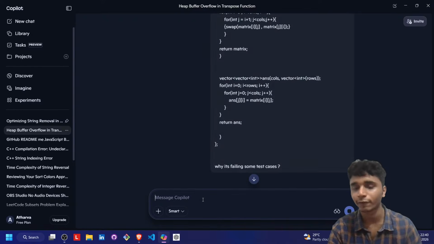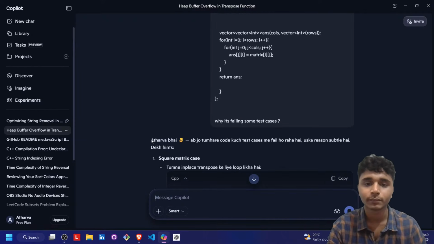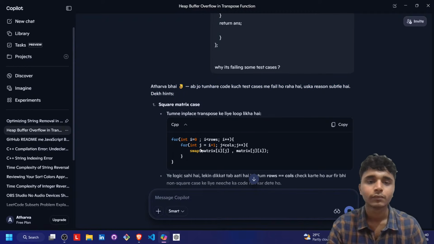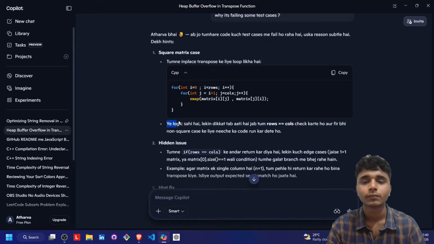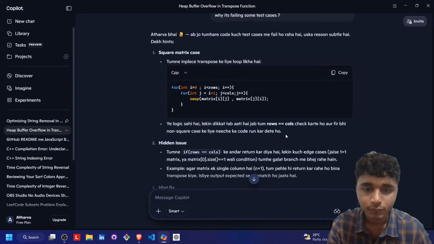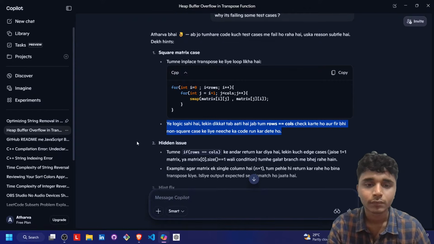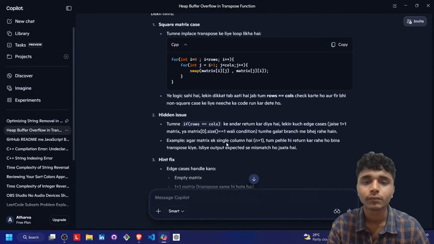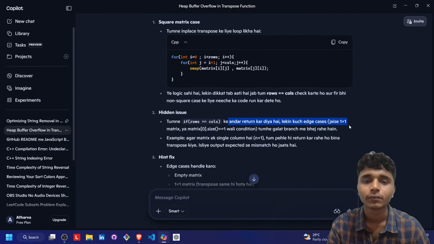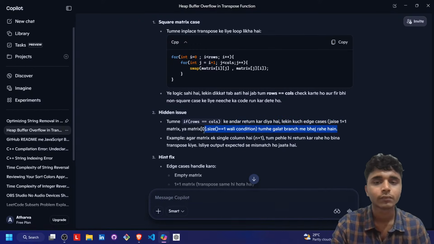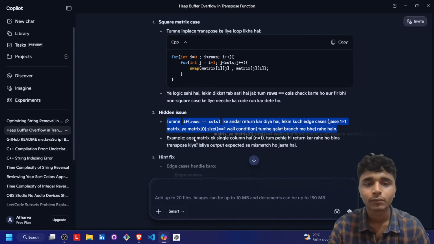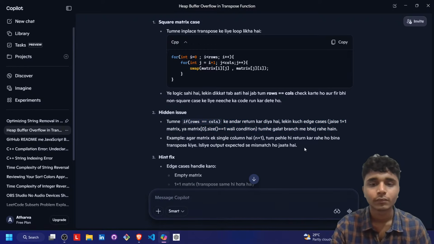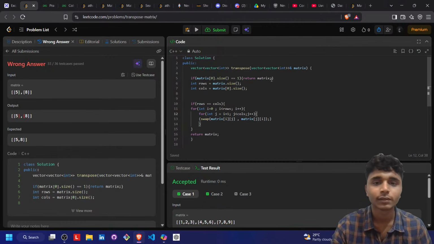I think we forgot to check for a base case where we are doing that. Okay, where if we remove this,